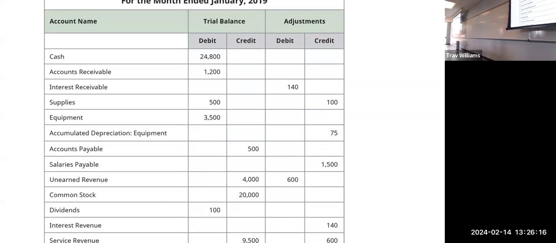So remember that adjustment would have been made in the journal. Then the debit and the credit would have been copied over to the individual accounts in the ledger. One of those accounts was interest receivable, which is an asset, so it's up on top. The other one, the interest revenue, is a revenue account, so that goes down towards the bottom of the trial balance. So that's why you don't see them next to each other. But that's just one of the adjustments. Here was another one for supplies. We credited supplies $100. And then if we go down a bit, we can see supplies expense being debited.